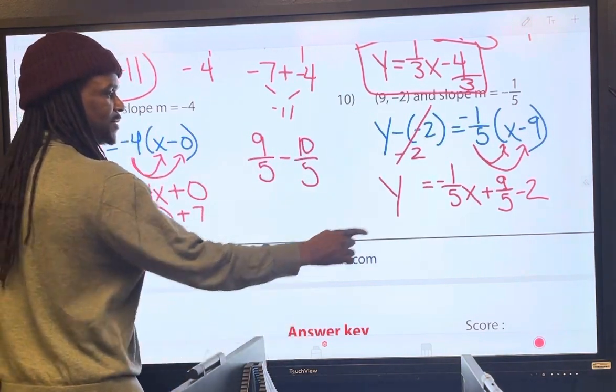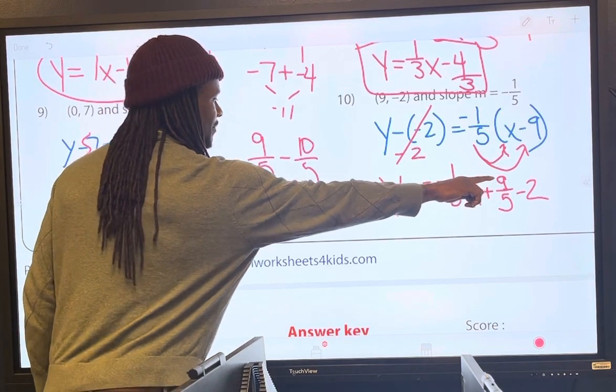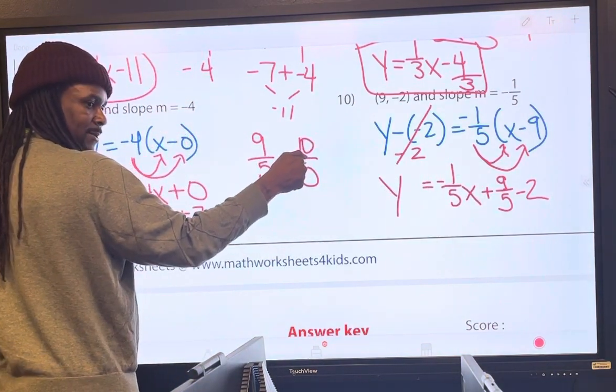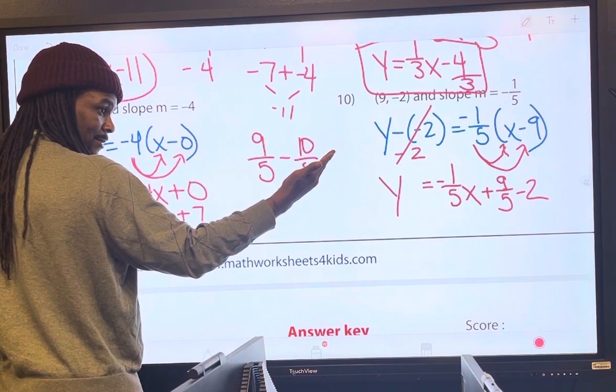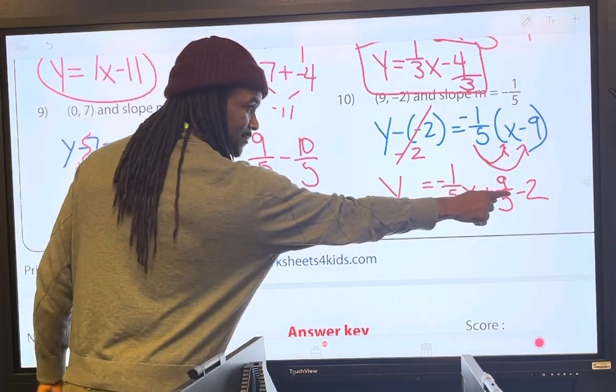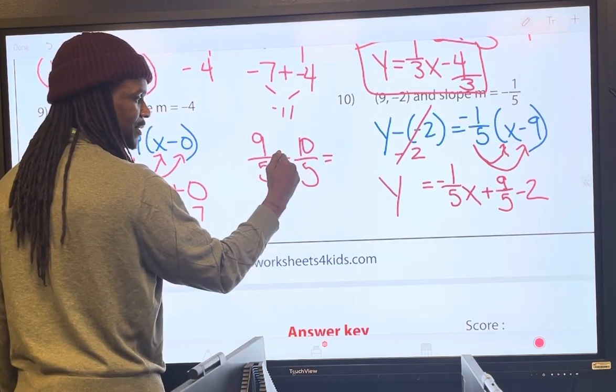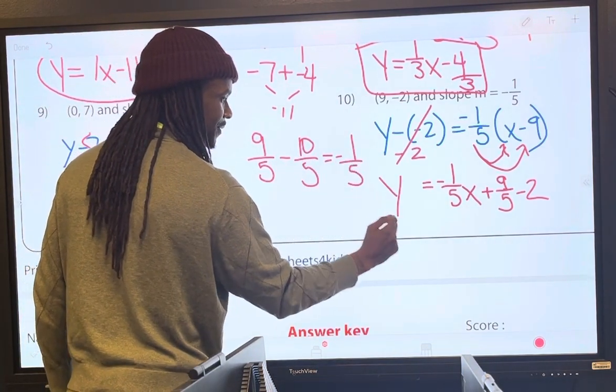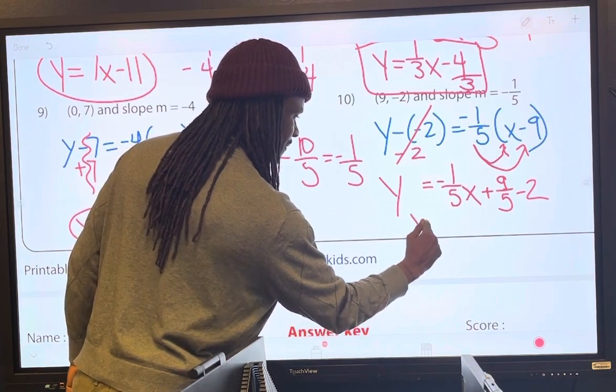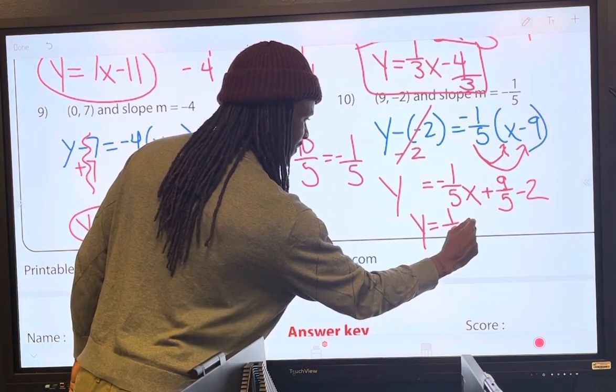Did you see what we did? 9 over 5 minus, we made 2 into 10 over 5. Because what's 10 divided by 5? So you can write it as a fraction like that. Now when you subtract that, 9 minus 10, this gives you negative 1/5. So your answer, y equals negative 1/5 x